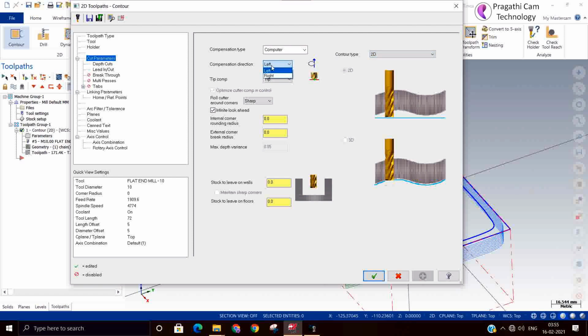If you keep compensation right, then it will cut from the inside. If you want to leave some stock over, you can keep it there. Suppose I kept 0.5 stock.